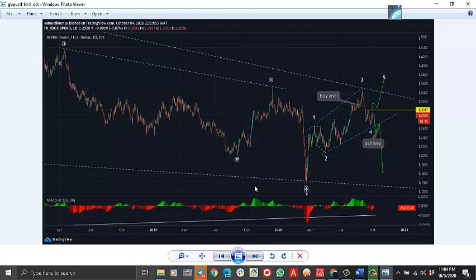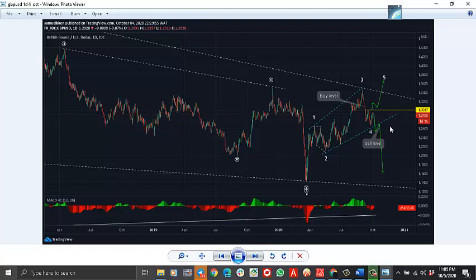Something I have to show you again on daily: we have divergence. So there's something interesting in this daily chart. This is wave 1, wave 2, wave 3, wave 4. We're looking for wave 5. Now wave 4, as I'm seeing it, has ended,